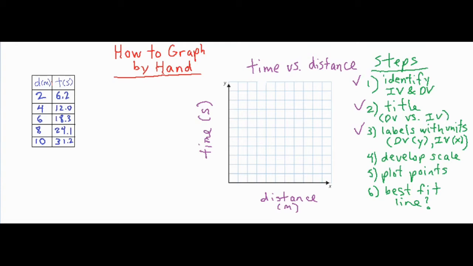So I'm going to take a look at my X column, the very first one, and then I'm going to grab the largest number in my set of data, and I'm going to divide it by the number of boxes that I have. So I'm going to count up my boxes over here, and I have 1, 2, 3, 4, 5, 6, 7, 8, 9, 10, 11. So if I were to perfectly place a number into each of the boxes, it would be 10 divided by 11 boxes. If I take 10 divided by 11,